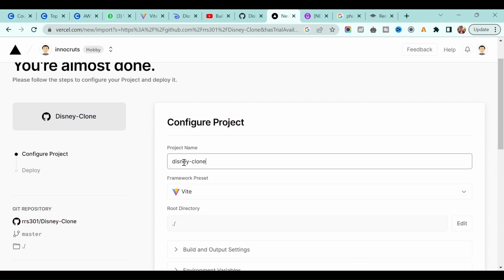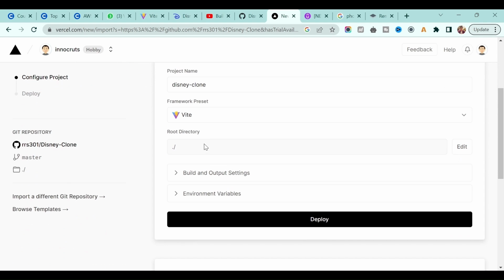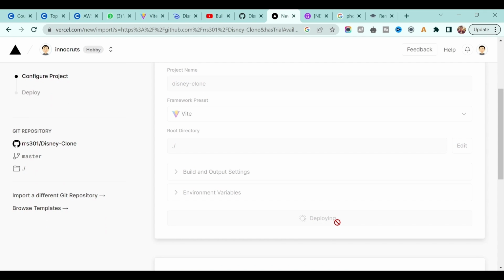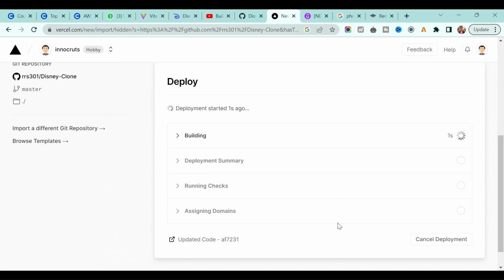Here you have to give the project name, framework, everything is okay. You don't need to do anything right here because we don't have any special configuration in our application, and just say deploy. Within a few seconds your application will get deployed, and if you see, the deployment has started and it's getting built.